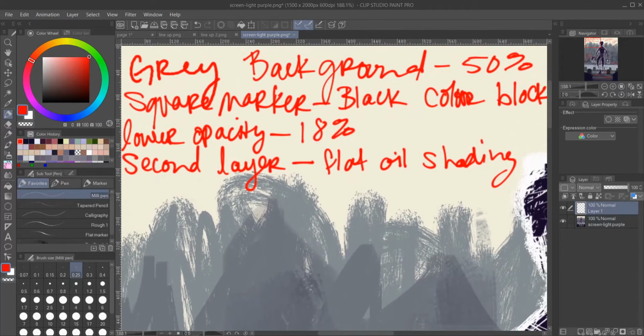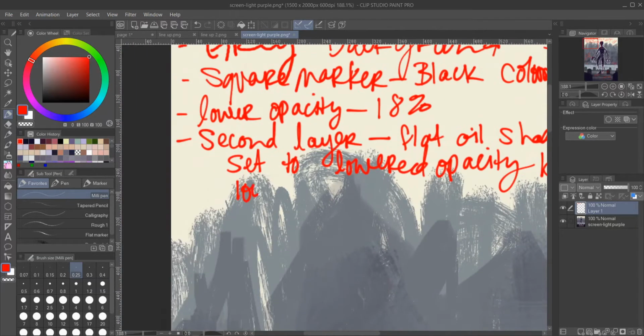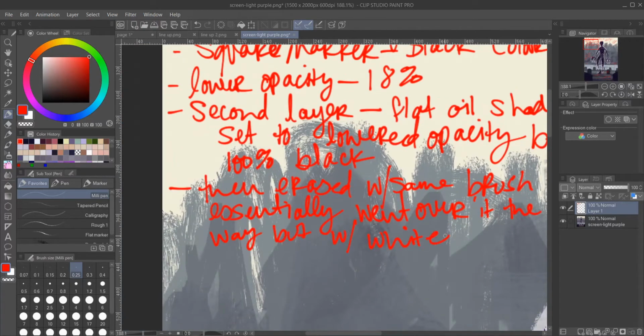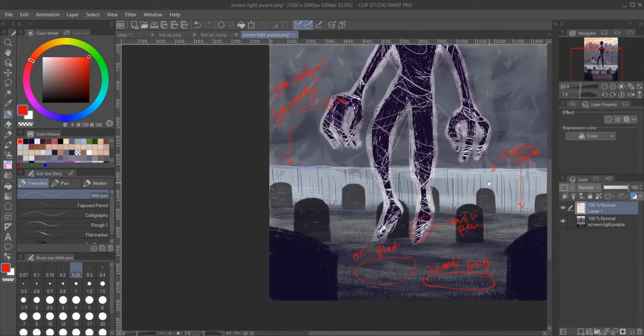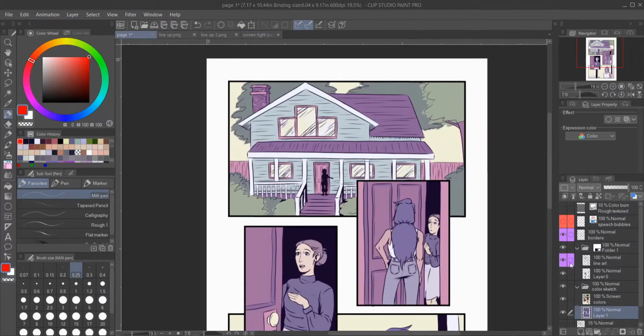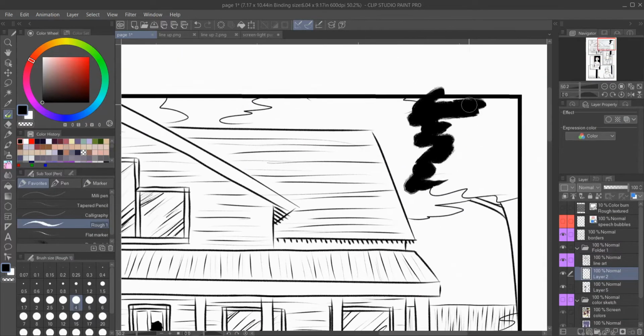As you'll see, I don't remember if I did this also in the last video, but I pulled up the concept art that I did way in the beginning of this challenge of a poltergeist, because I really liked the colors, and I liked the end product. So I went into that, and I just basically took notes on the tools that I used, and the layer modes that I set layers to,